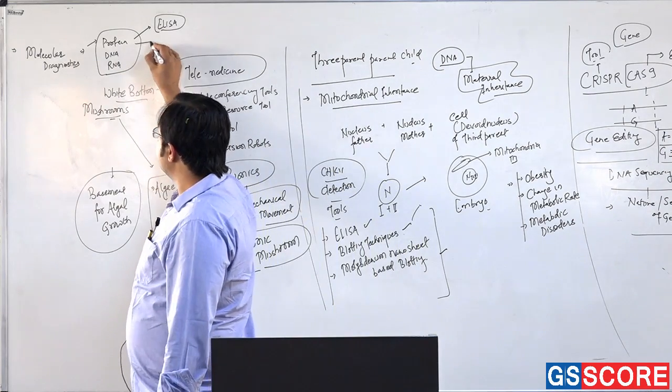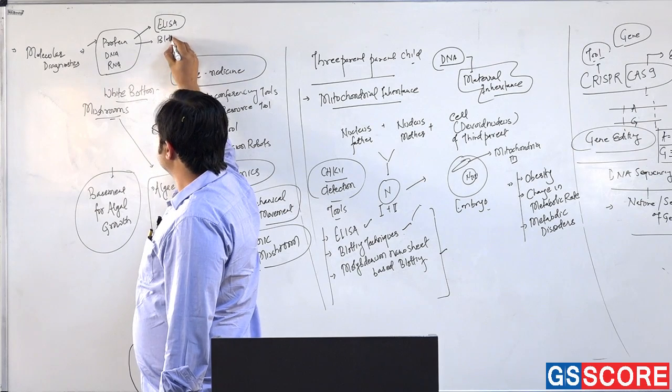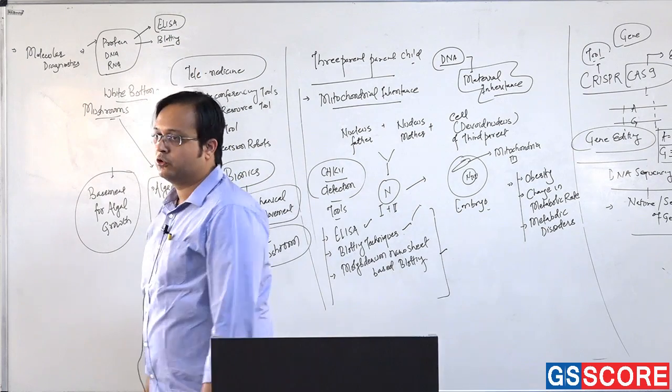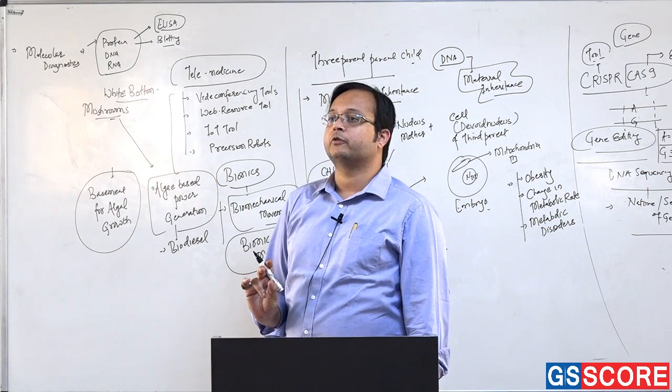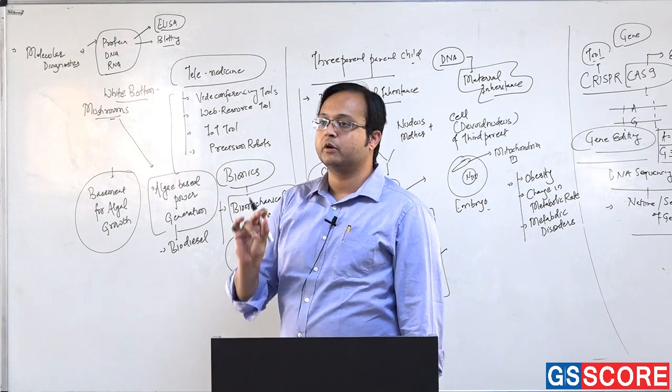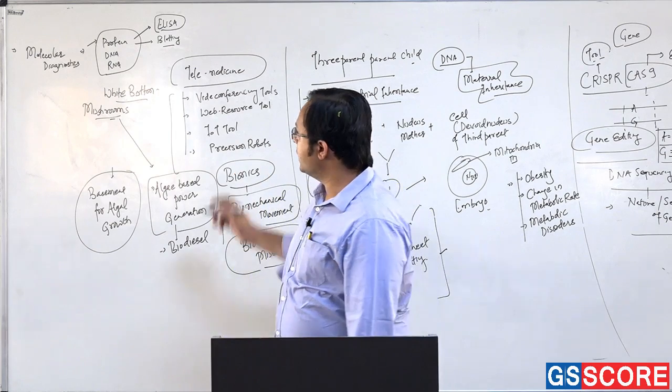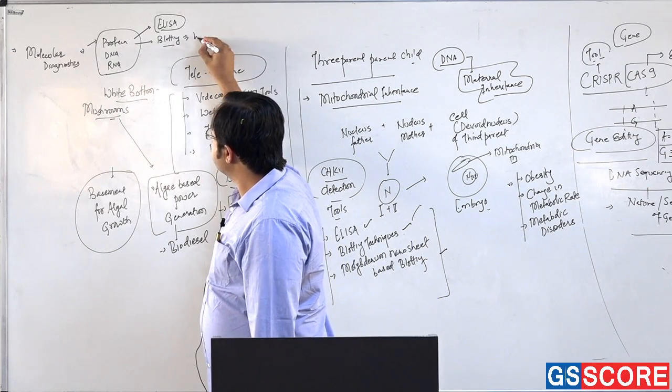The confirmatory techniques are through blotting, which utilizes two different types of the anti-proteins against the proteins of virus, right? Primary antibodies and the secondary antibodies, they are used, which develops